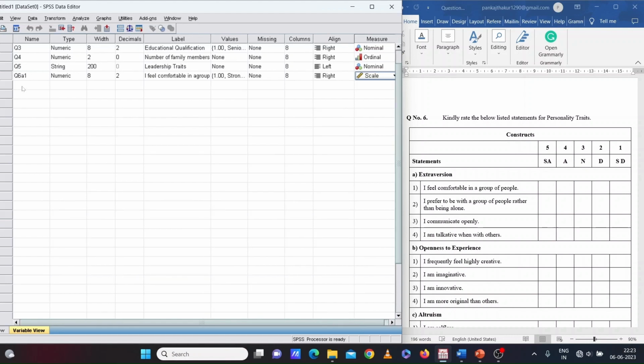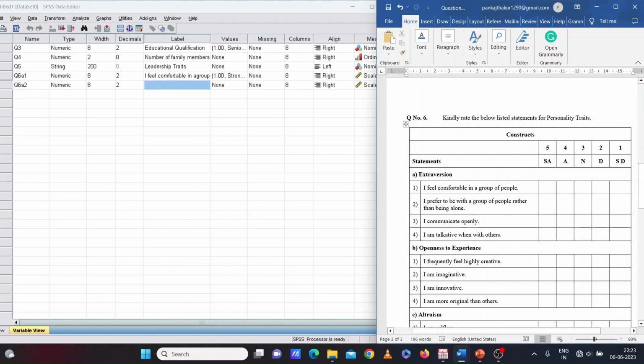For the second statement under extraversion, we will code it as Q6A2. And again, it will be numeric. And here I will write the statement.